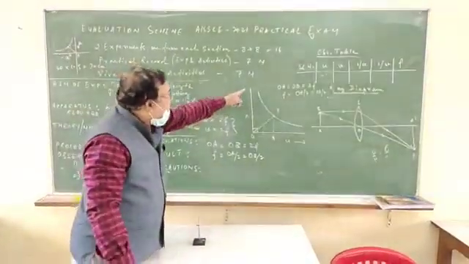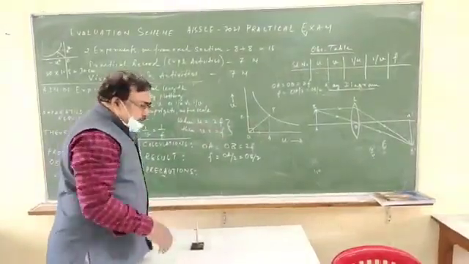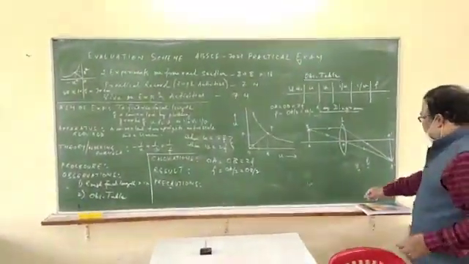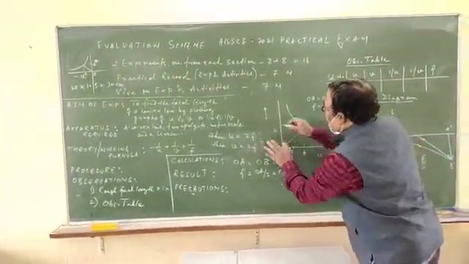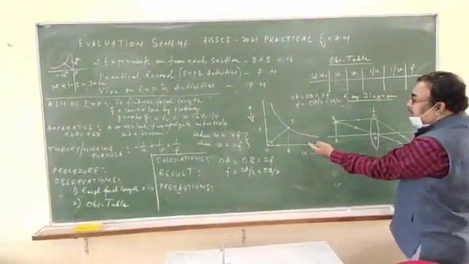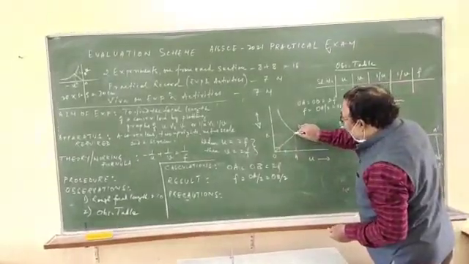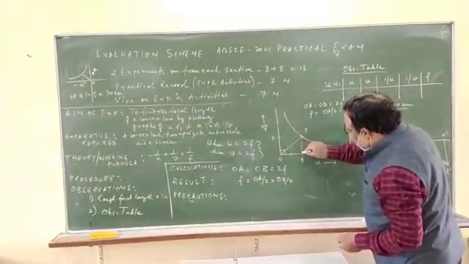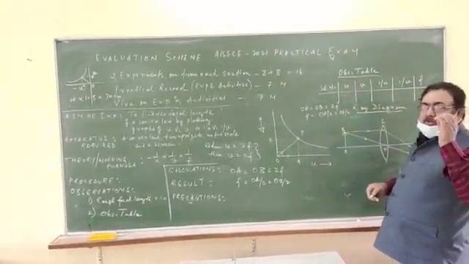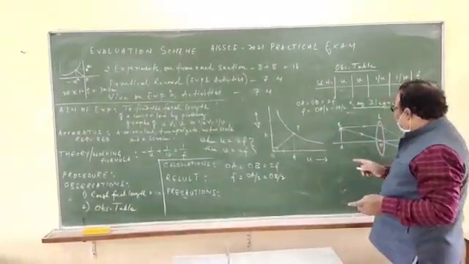So in this way, we can plot the graph from the reading, u on the x-axis and v on the y-axis. The graph is like this, a curve from where you draw a 45-degree line which will intersect it at a point. The perpendicular drawn on the axis will give the value of 2f. Divided by 2, you get the f from v versus u graph.